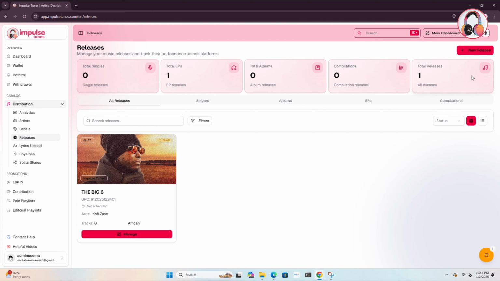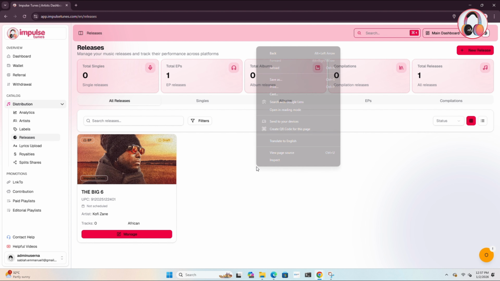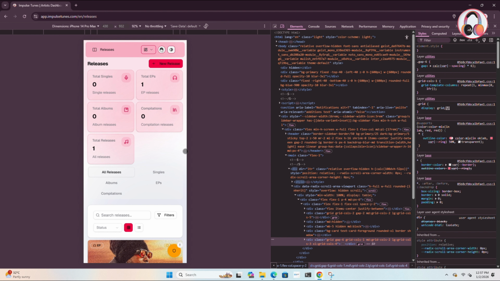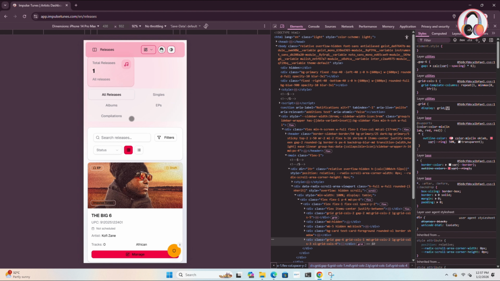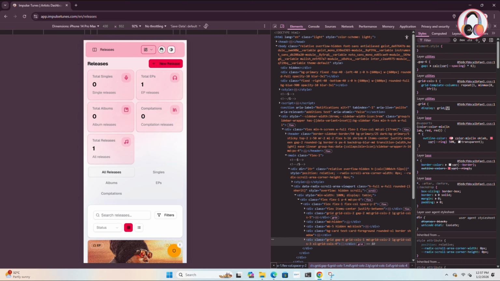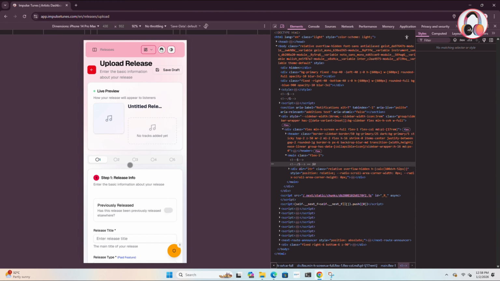So first of all, you are going to click on new release. That's at the top right corner, right? And always remember that the device that you are using might have a different layout, right? So let's see. If you're on a mobile device, this is how you are going to see your releases, right? So you click on new release,